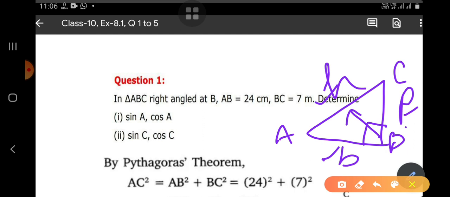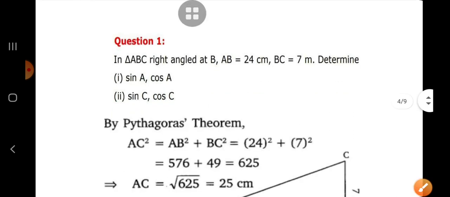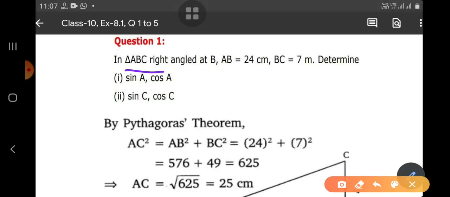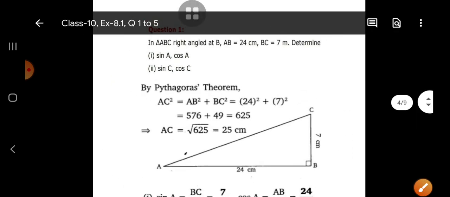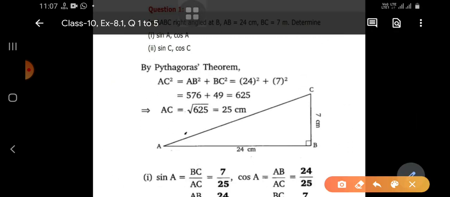Now see here. Right angle triangle ABC is given, in which angle B is the right angle and the side AB is 24 and BC is 7 centimeter. So the picture will be like this. Look at this, this is the 90 degree right angle. AB is equal to 24 centimeter and BC is equal to 7 centimeter. Since AC is opposite to angle B, the right angle, it will be the hypotenuse, this will be the perpendicular, and this is the base.